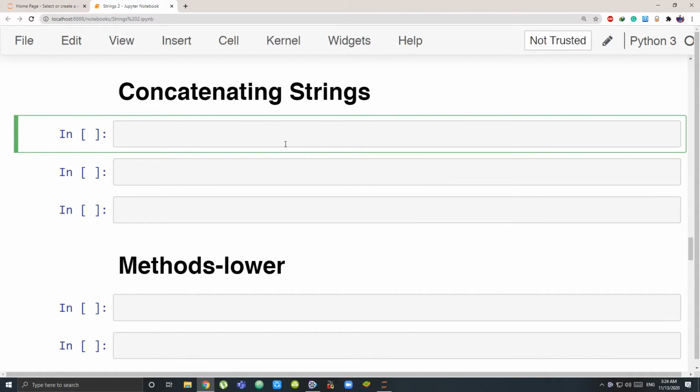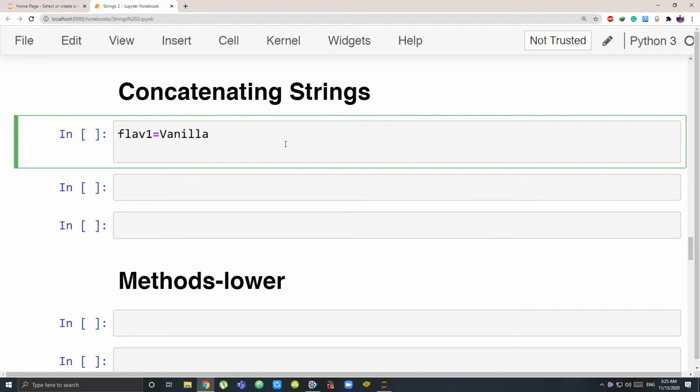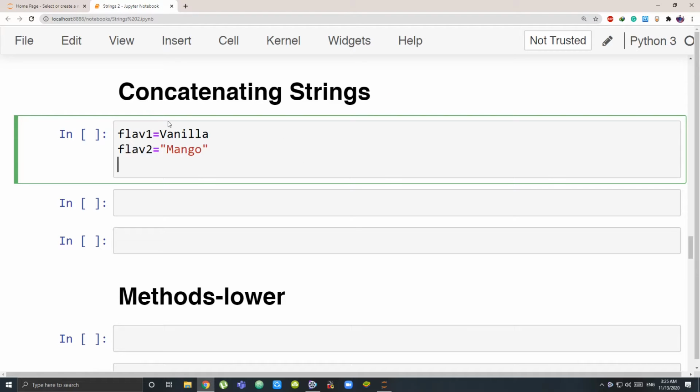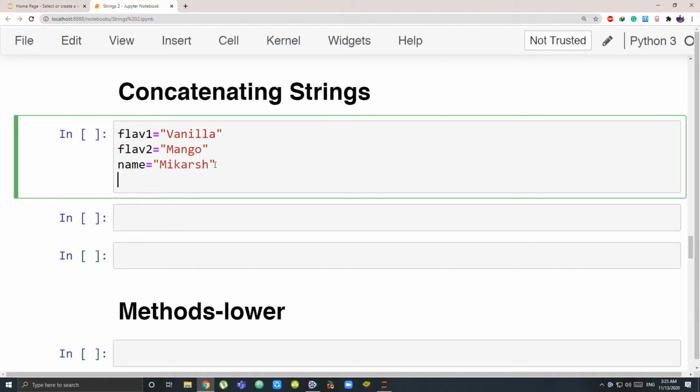Concatenating strings. Concatenating means to add up, to join strings. So let me just make some strings. I have flavor 1. Let's just take flav 1 equal to vanilla, flav 2 equal to mango, and okay, I forgot to put quotes on my vanilla string. My name, who is eating all of those, is Mikash, and the shop from which maybe I'll just take how much I've eaten. So the flavor 1 ice cream I have eaten,